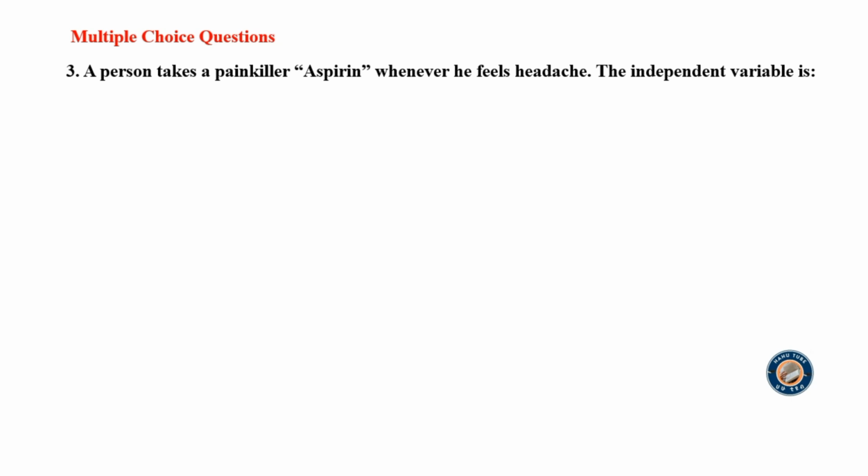Multiple choice questions. Question number 3. A person takes a painkiller, aspirin, whenever he feels headache. The independent variable is: A. Headache, B. Aspirin, C. Painkiller, D. The person. The answer is headache,